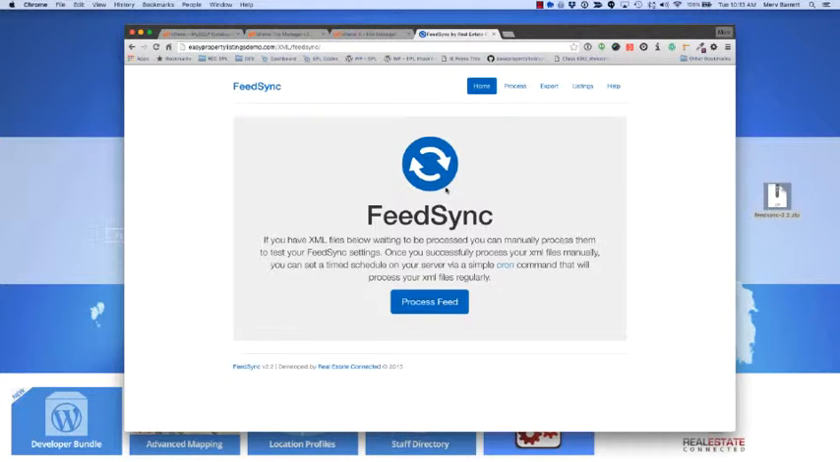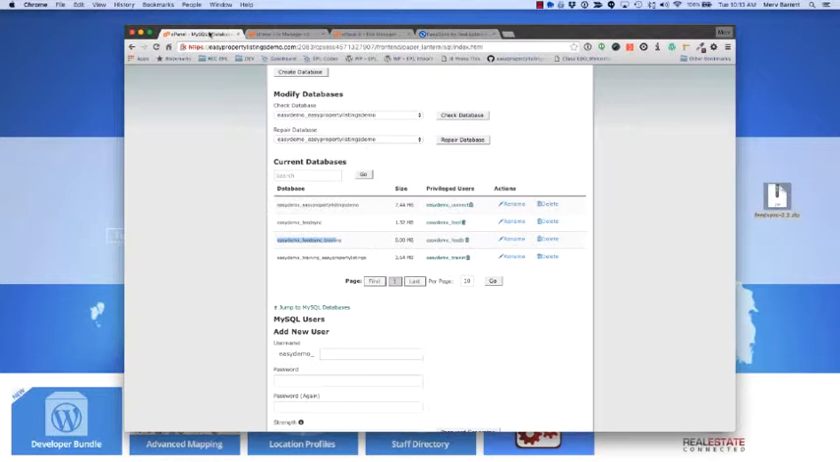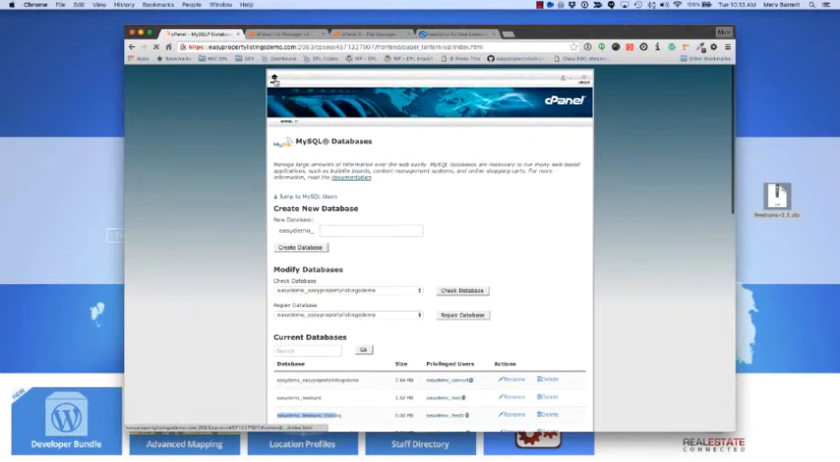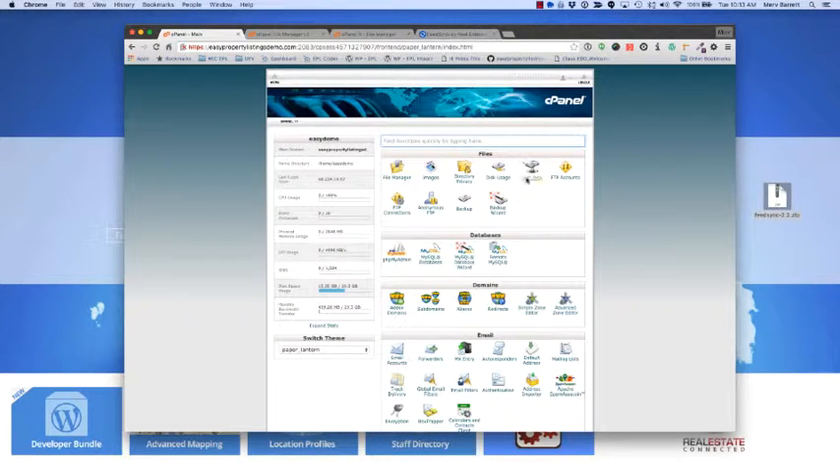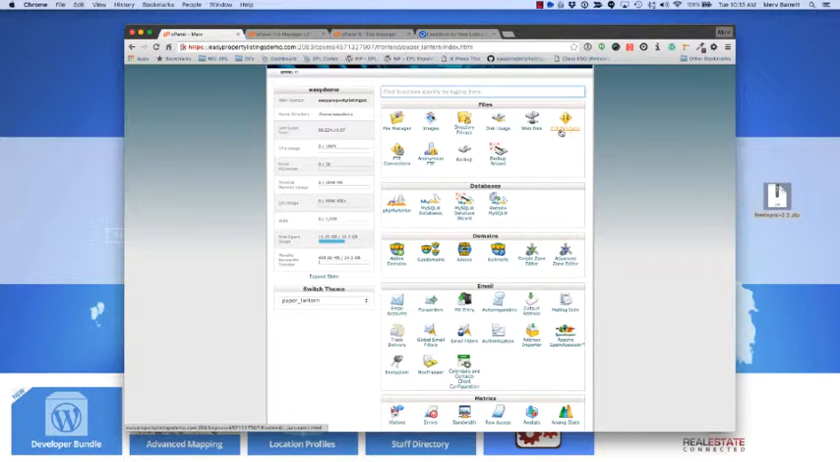So now that FeedSync's installed, it's ready to receive your XML files from your provider. Now, the last step to getting your FeedSync installation ready for receiving files is to create a unique FTP account to give to your provider, which will keep your site secure so they're only getting access to the input folder, and it's just a better way to set up your FeedSync installation. So again, jump back to your cPanel, go to the home page and look for FTP accounts. So click on FTP accounts,